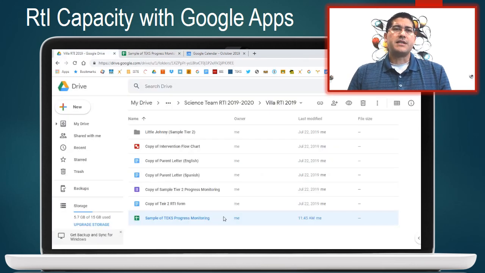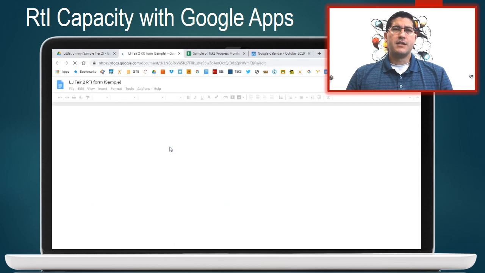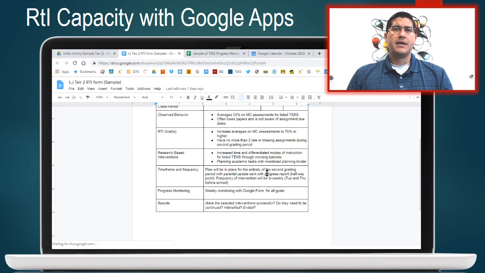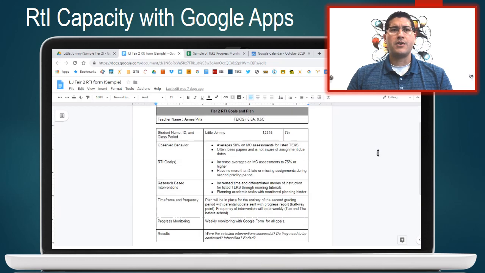Okay, so the rest of the templates deal with Tier 2 interventions, so let's look at the example folder for little Johnny. When moving a student to Tier 2, the first thing a teacher will have to do is develop an intervention plan using the Tier 2 RTI form here. This form includes observed behaviors, these could be social or academic, that warrant more intensive intervention. Goals for the student, interventions to be used, a time frame, how progress will be monitored, and the results of